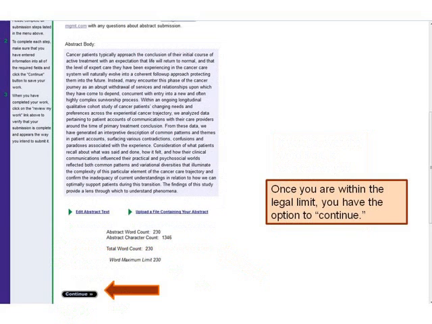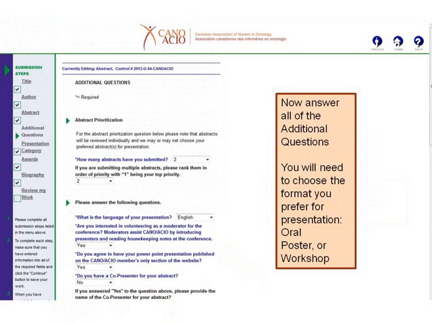And then when you do fix it and get within the limit, it will then allow you to go back and you've got the option to continue. Then there's a set of additional questions. And these are questions with regard to how many abstracts, what language, what format,